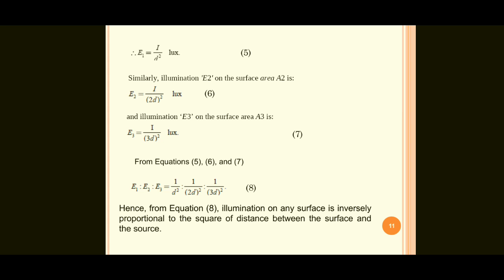The human eye is most sensitive for a wavelength of 5500 angstrom unit. So it is in yellowish green color, because 5000 is the green color and 6000 is the yellow color. So the combination is greenish yellow color.